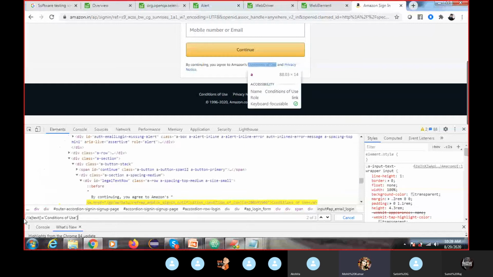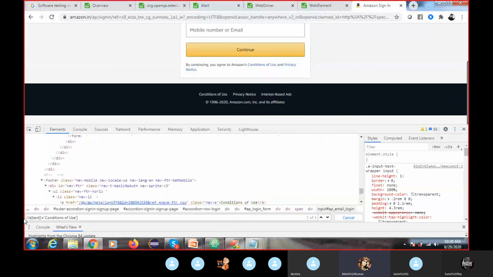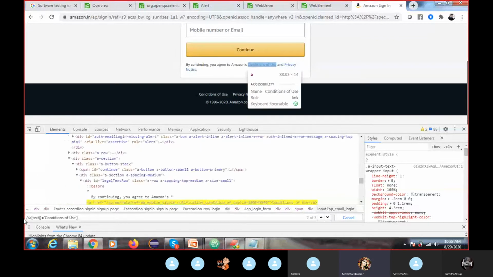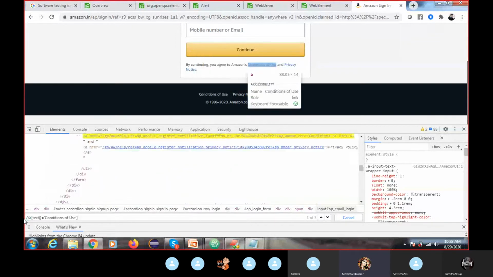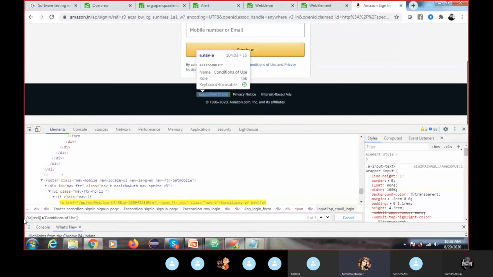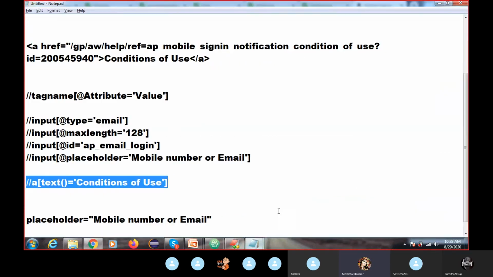I will tell you today, if you have multiple nodes, how to find the element. If I tell you now, you will not be able to understand. So just understand how to do it if you have a text.